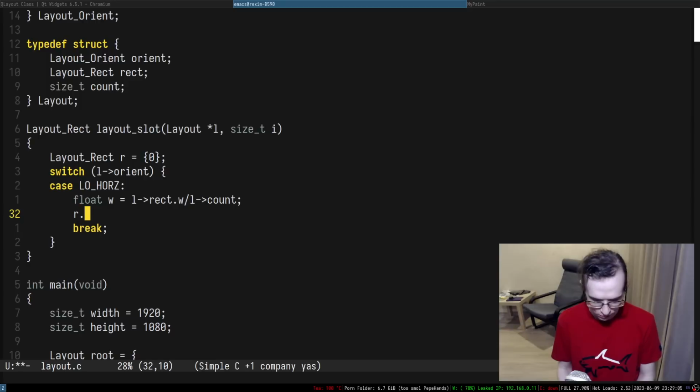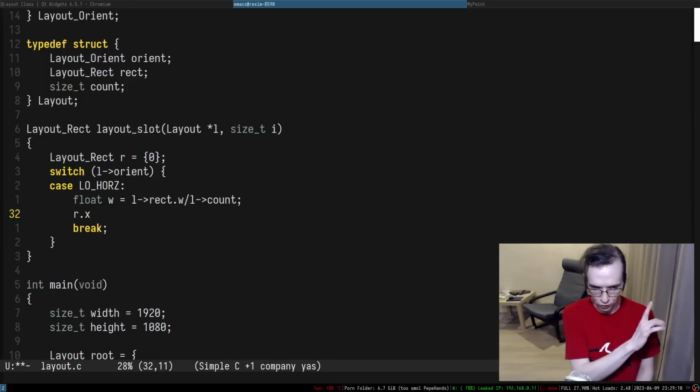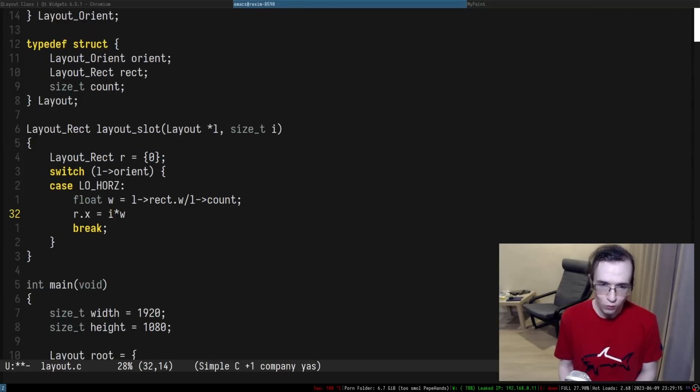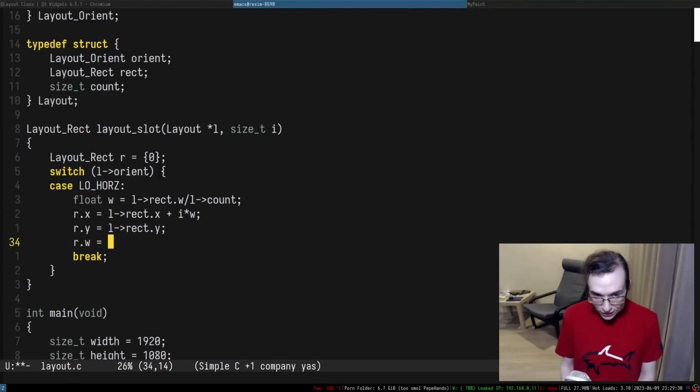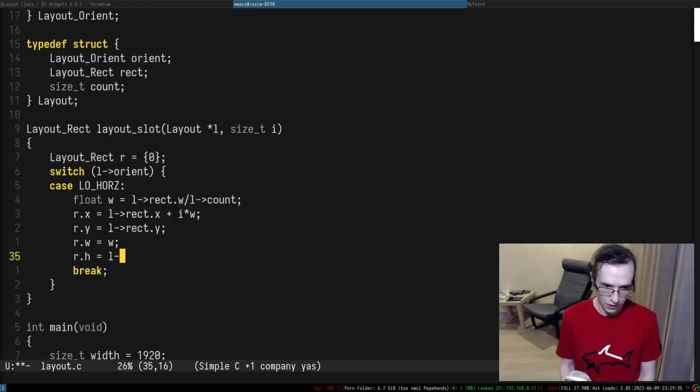And the rectangle is basically X, this is the horizontal thing. It's going to be equal to I multiplied by W, and offset by the rectangle. Y stays the same all the time, so we can keep it like this. The width of that thing is actually this thing, and height is the same as the rect height.